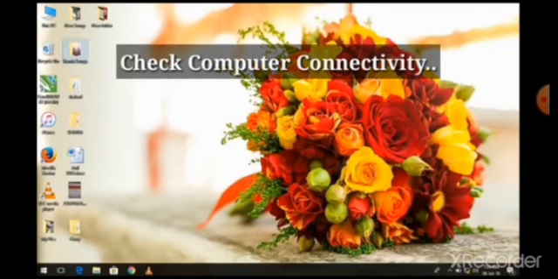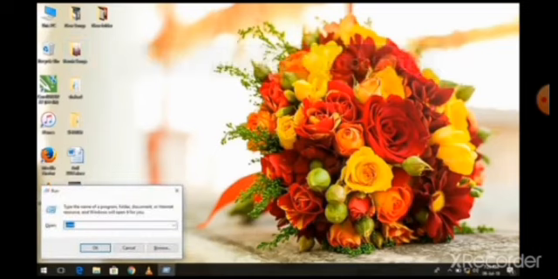How to check computer connectivity? Simply go to Run, then type ping, space, the IP address of the computer.